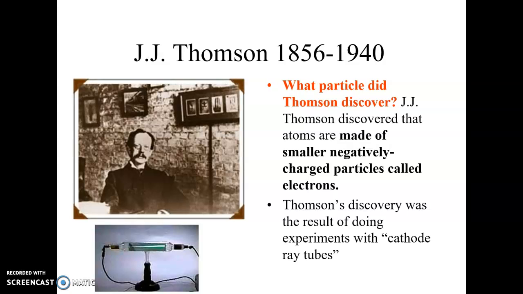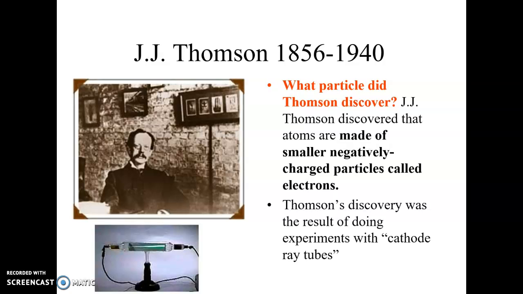That's where we start. After John Dalton comes J.J. Thomson. J.J. Thomson is working in the age of electricity, really. And people at the time are using this cool little device. You see it down here at the bottom of the page, called a cathode ray tube. And a cathode ray tube is essentially a glass tube with gas in it. It has a cathode on one end and an anode on the other end, and electrical hookups to both ends. And when the electrical switch is flipped on, a beam of light shines through this tube.